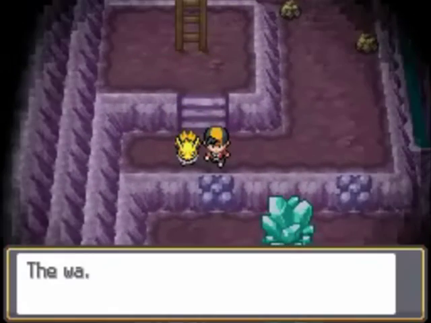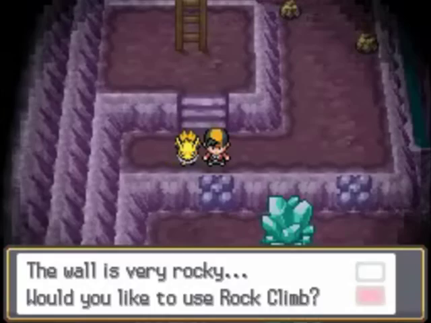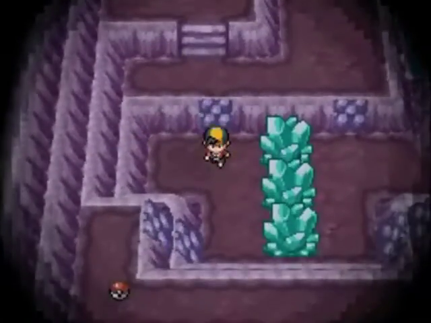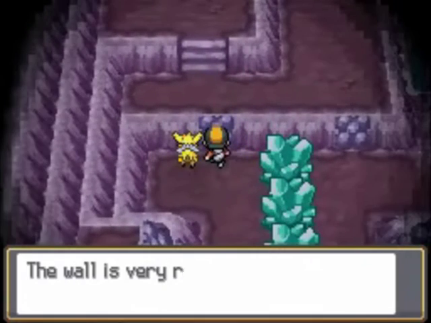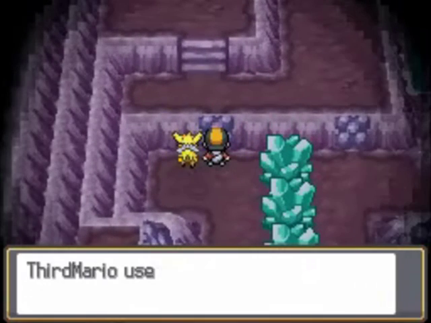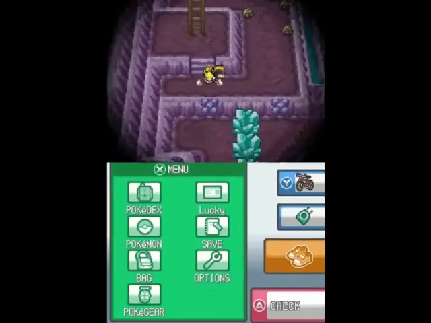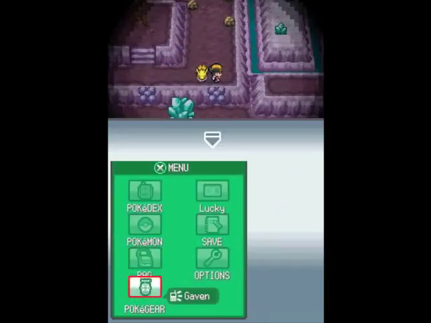Anyway, speaking of moving on to new things, we're going on to the basement here, where we can actually use Rock Climb to get things. It is also a shortcut to get past this area, but there is one item that you do need Rock Climb to get. Actually, I can't get past these crystals, so why am I going down here? This is actually kind of just a little shortcut area down here. I think I can get that item without using Rock Climb if I,